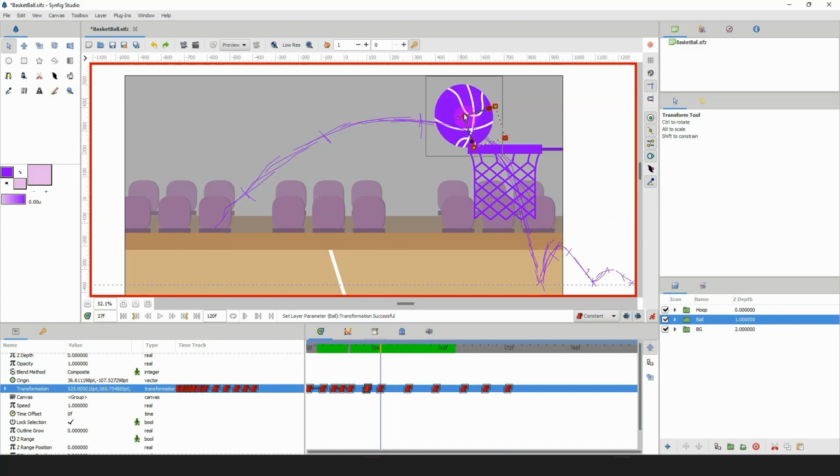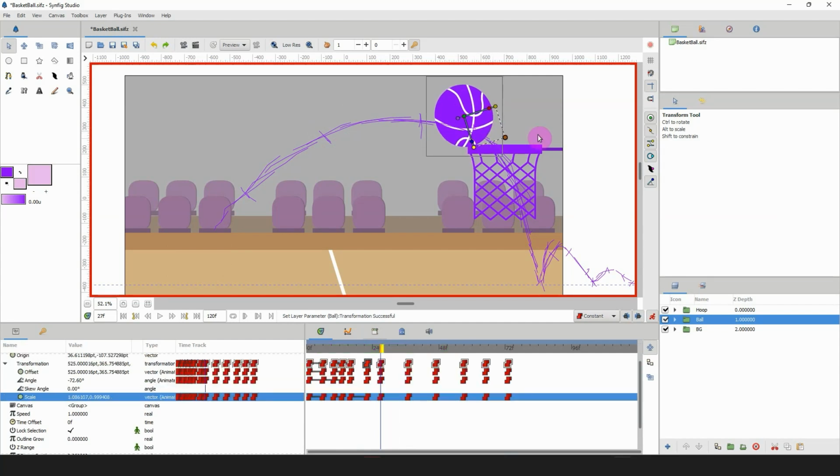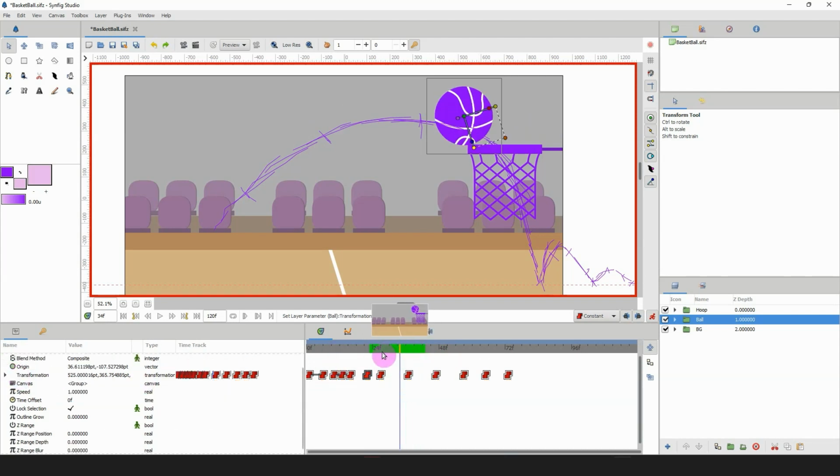Actually, I think I'm going to scale this down a bit, like so. Yeah. Then nothing but net, right? So yeah, we have the ball going in. I don't want this video to be long, so I'm going to try and wrap up as soon as possible. All right, so it goes in here. Let me move this keyframe down. Goes in there, and then